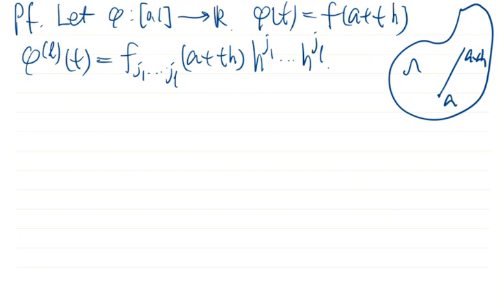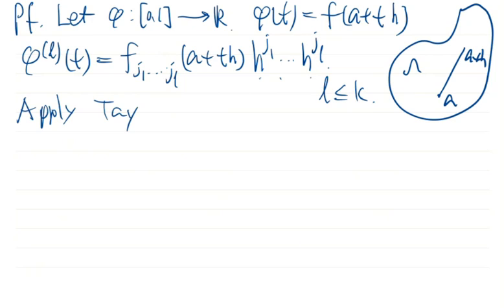The multiplication of the j1 component of h, j2 component of h, until the jl component of h. This is true for l not greater than k. Therefore, applying